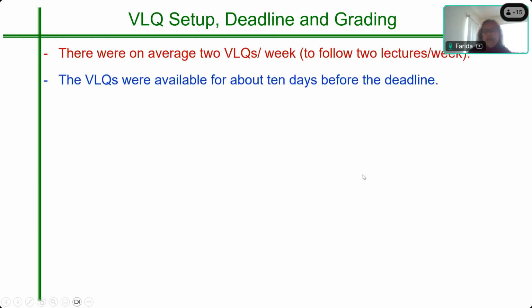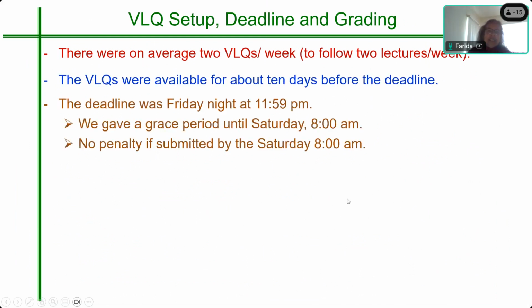And they're available for usually 10 days before the deadline. So they have plenty of time to work on it. And then the deadline is usually Friday night at 11:59 p.m. I noticed that anytime I make any kind of exception, they just completely screw up everything else. So I just decided that no matter what it is, the deadline is always Friday night at 11:59 p.m., but